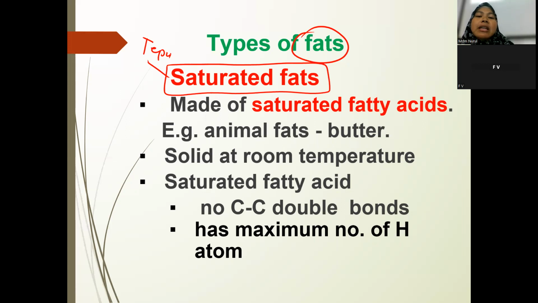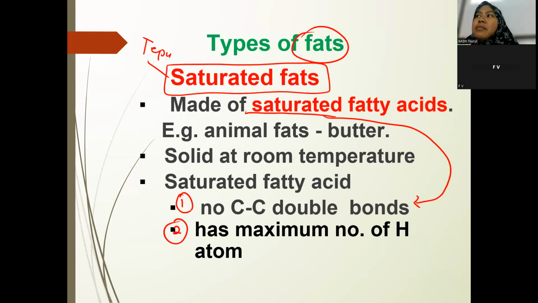Okay. Saturated fat. Saturated fat is made of, terbentuk daripada saturated fatty acid. Terbentuk daripada fatty acid yang tepu. Apa maksud fatty acid tepu ni? Kenapa nama dia tepu? Dia tepu sebab ini. Nombor 1, nombor 2. Saturated fatty acid means fatty acid that has